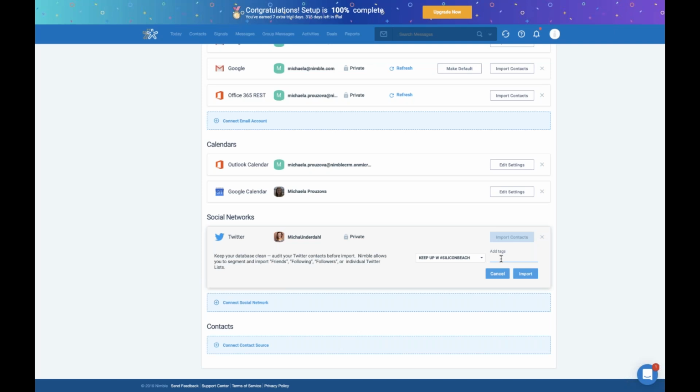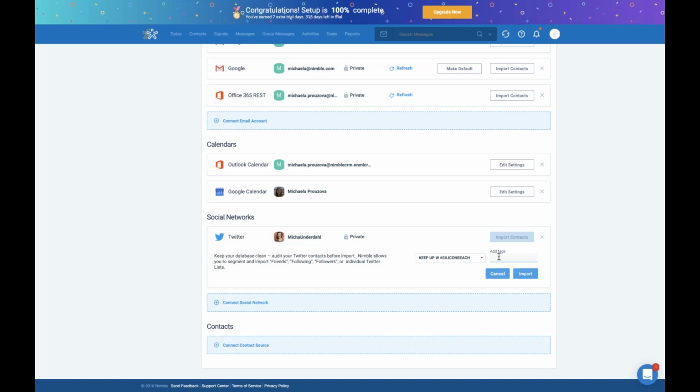When you import it and you just call it Outlook Contacts and you have 5 team members, because the data is shared, there will be a bunch of tags that are called basically the same, and you'll never know who specifically imported them. So I would recommend thinking about it, coming up with some tagging structure before you start importing your contacts into Nimble, sharing it across the team, or having a short meeting and talking about how you guys want to